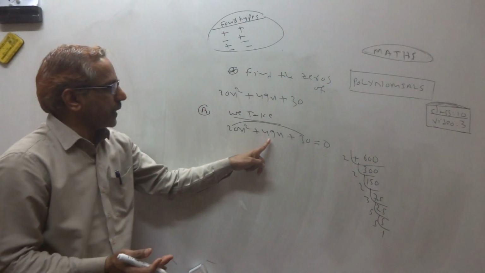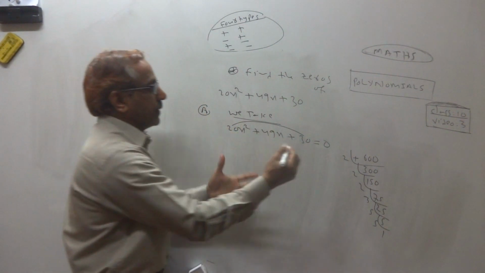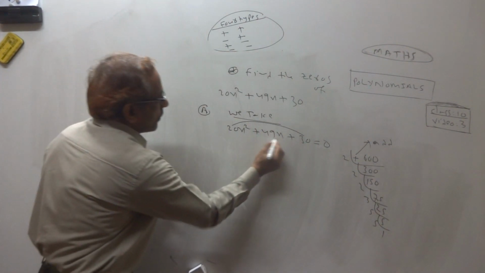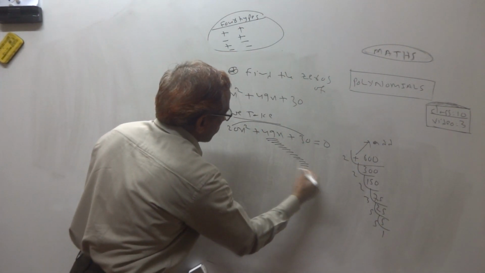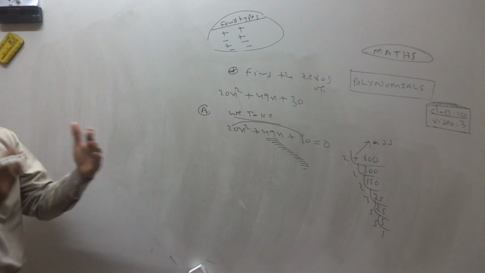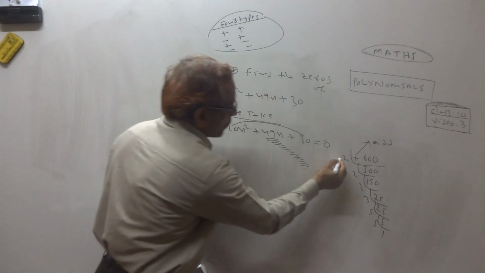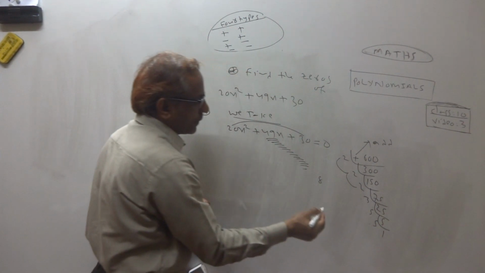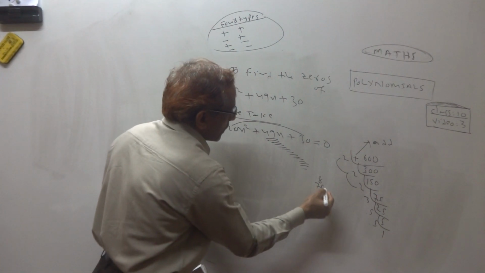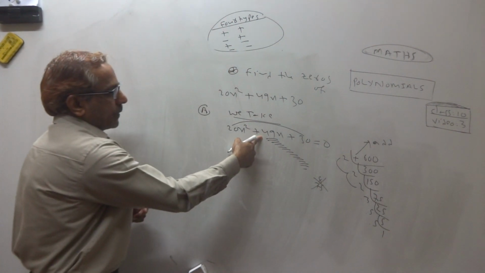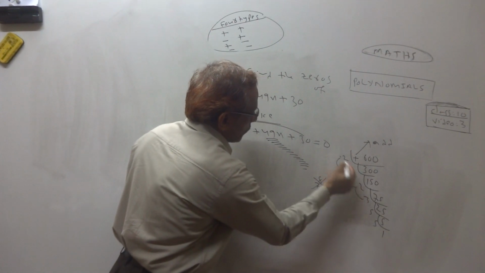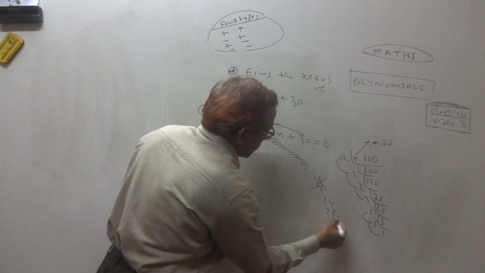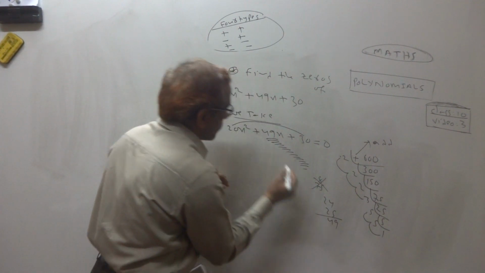Then see, I have to get the center number 49. If I add, plus means what? We add to get the center number. This 49 I have to get. So we take different combinations. 2 4s are 8, 3 5s are 15, 5 15s are 75. No, I am not getting this 49. Then 2 4s are 8, 3 8s are 24, 5 5s are 25. See, 25 and 24, 49 I got.